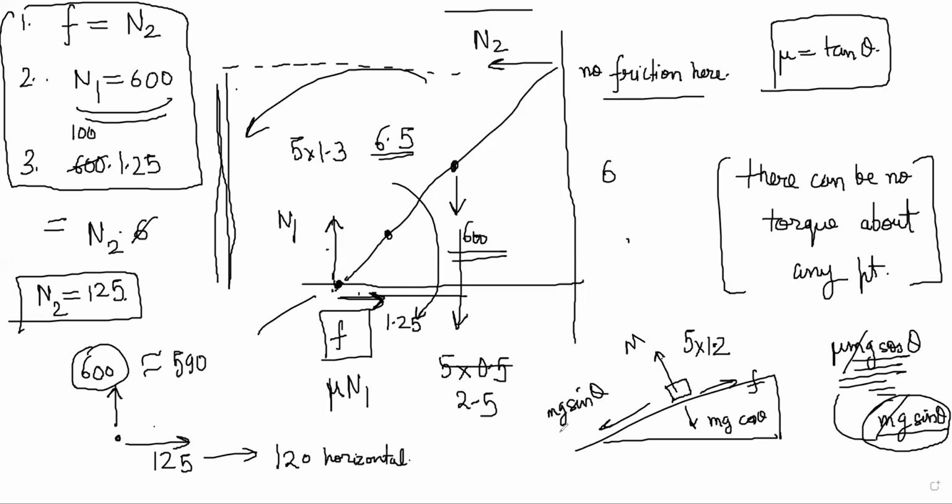No. You cannot confuse one place where it came as tan theta; that doesn't mean mu is tan theta everywhere. Mu is mu. It is the surface thing. It depends on the nature of the surface. It has no connection to tan theta except in this particular problem, an inclined plane of angle theta. This is not an inclined plane. So you can write N2 is equal to mu N1, but that's it. Okay, fine. The 45th one also I had.